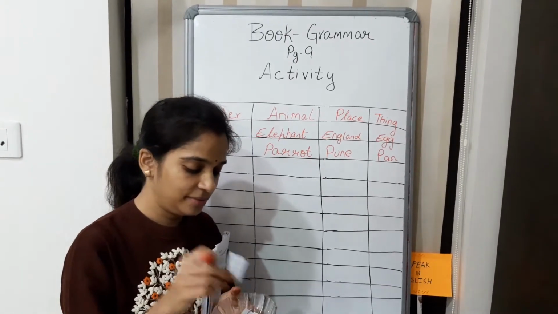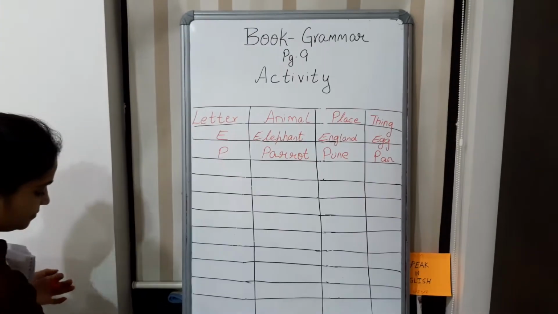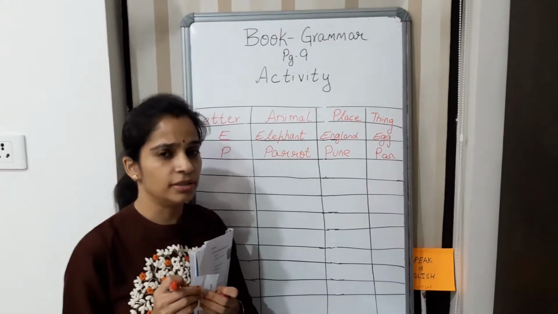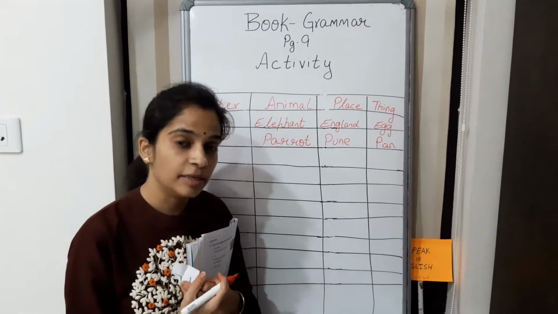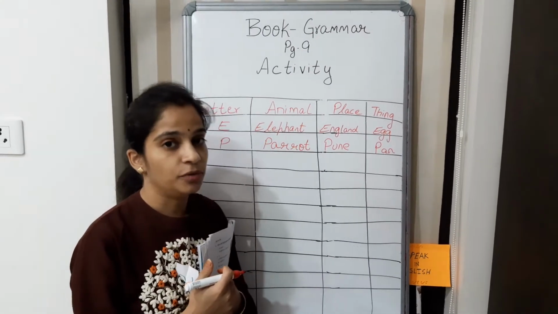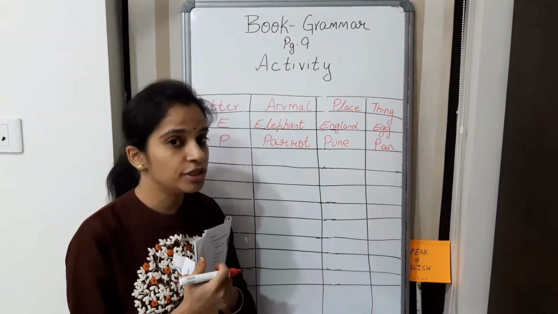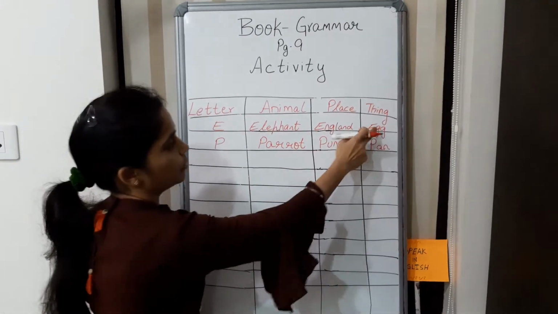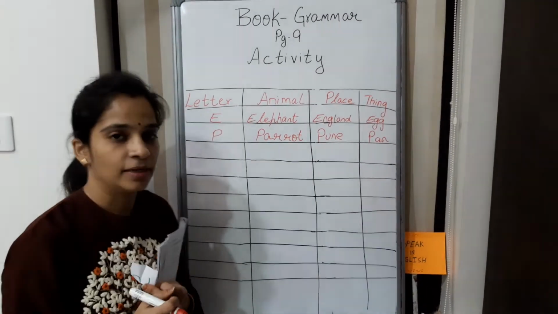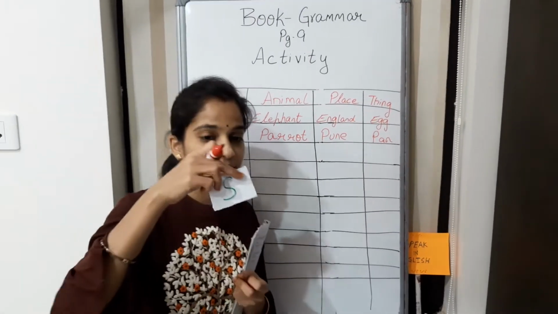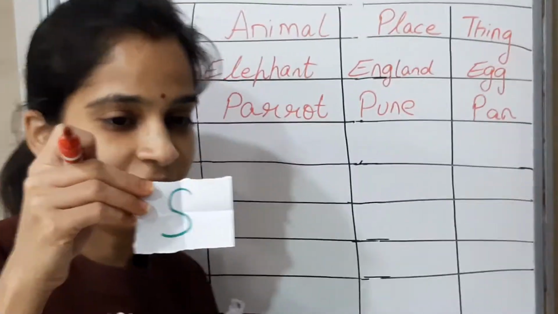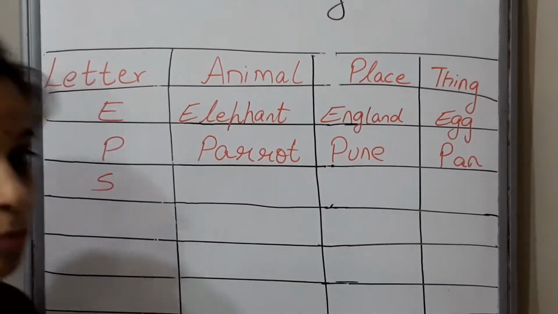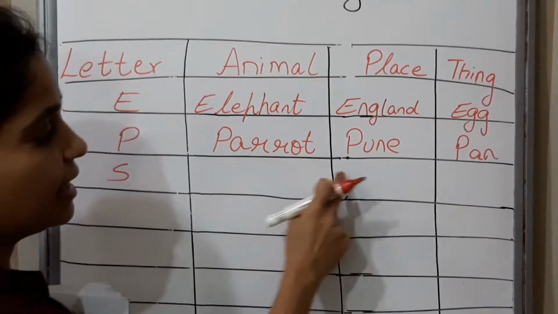Let's see from here. You can also tell your mama or papa or brother or sister to say the letters in their mind. You can stop them and ask on which letter he or she stopped. If he says that letter, write it here and then you can complete this also. Okay. Here the letter is S. So again I am writing here S and you have to pause the video, complete this line and then see mine.